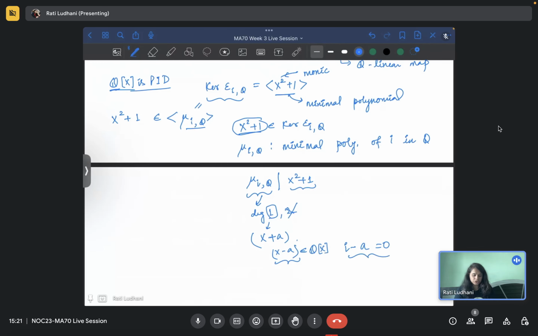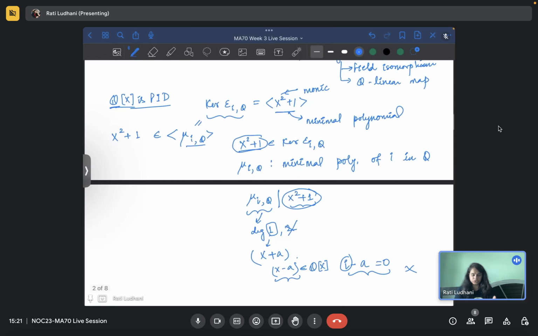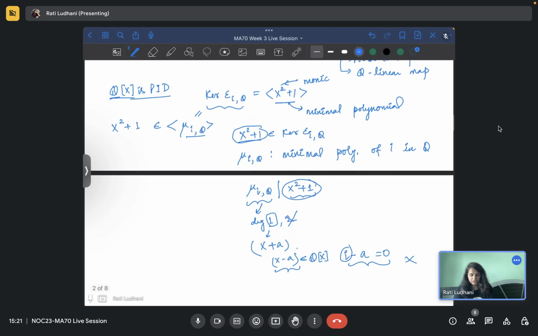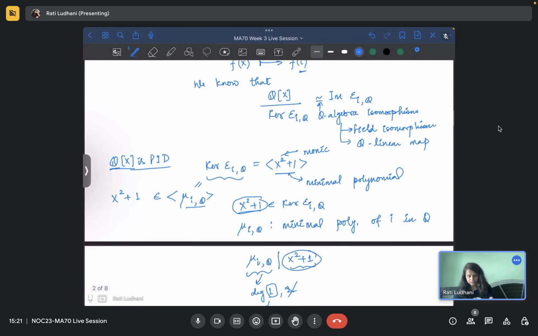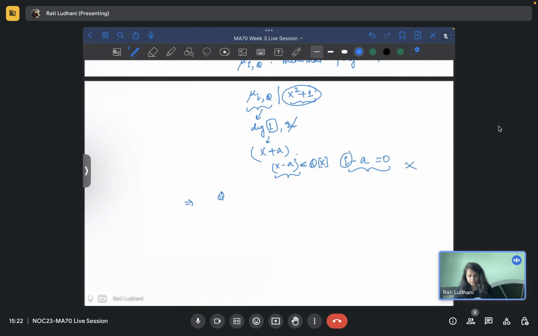So i minus a should be 0, and a is a rational number, but i, that is a complex number. So that's a contradiction. So x squared plus 1 should be the minimal polynomial. Yes. Okay, great. So this implies Q[x] over (x squared plus 1) is isomorphic, again as a Q-algebra,